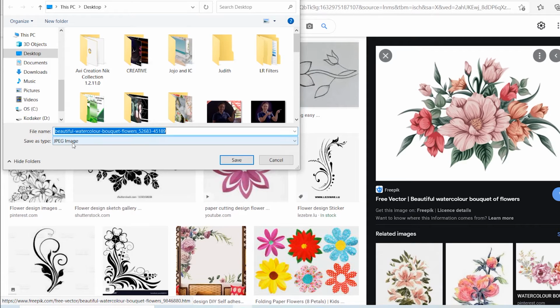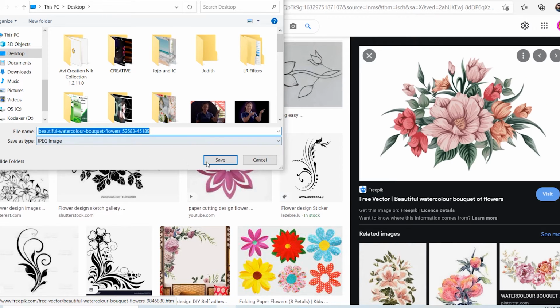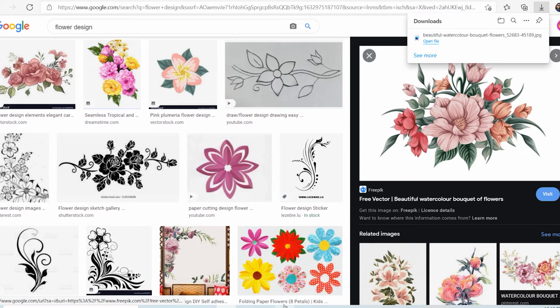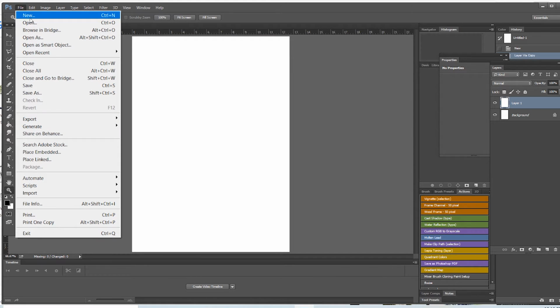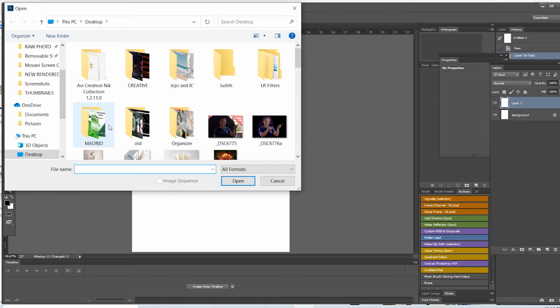As you can see, the file is JPEG. So let's try this one, guys. So let's go back to Photoshop. Here we can drag from the folder, or we can also open. So let's try to open the file from here. Open, then